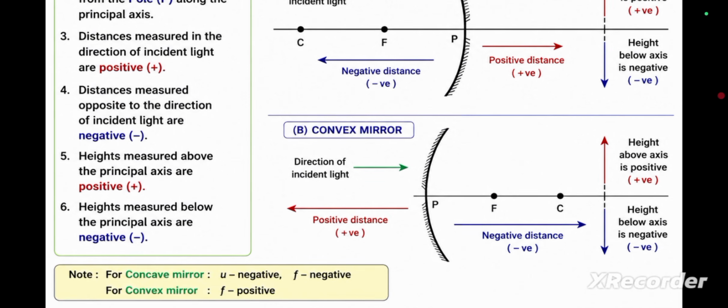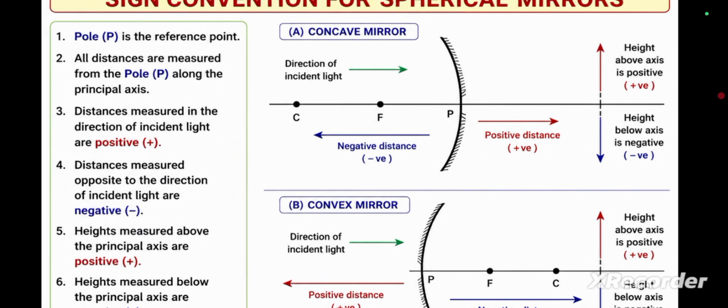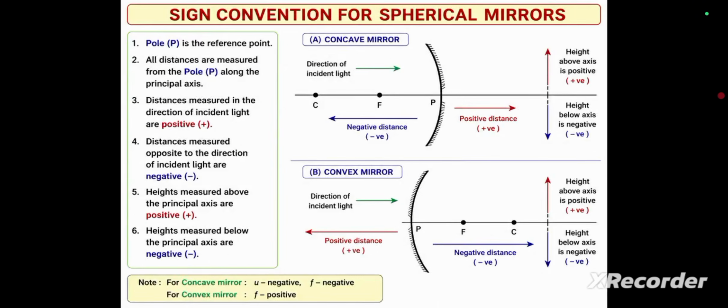Here u indicates the object's distance, f indicates the focal length, and v indicates the image distance. Okay, I hope that all of you understand this topic. Now we have to discuss the next topic,